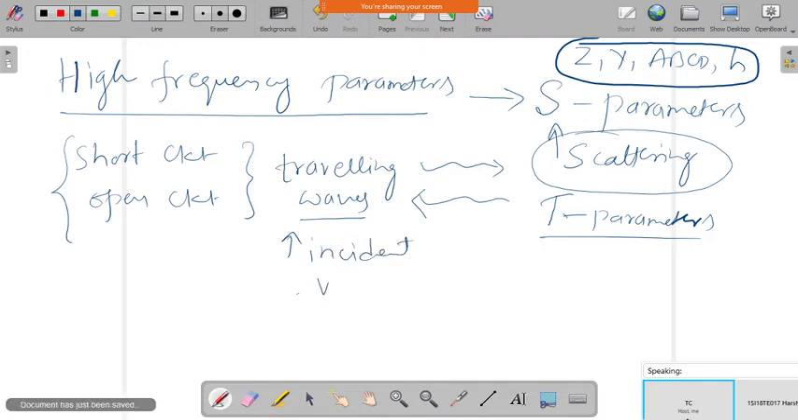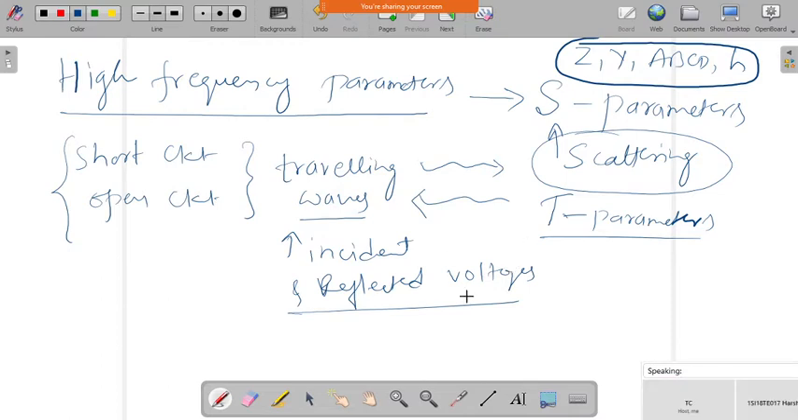Okay, incident and reflected voltages. Or we can take incident and reflected voltage waves, or you can also take incident and reflected current waves, and you can define what the scattering parameters are. So now let us take the two-port network. So we have a two-port network,